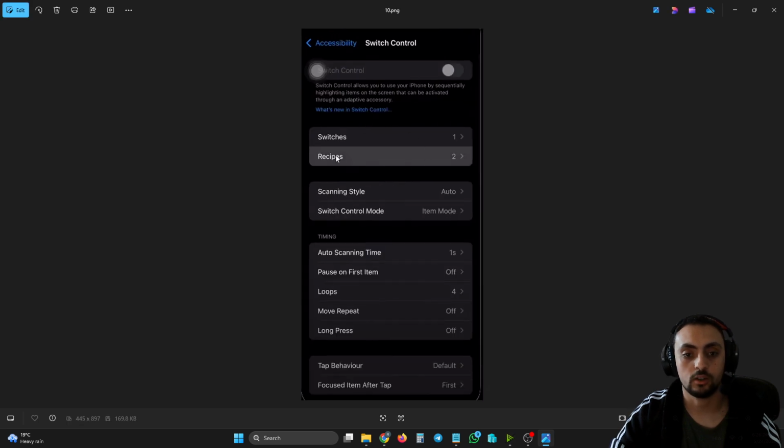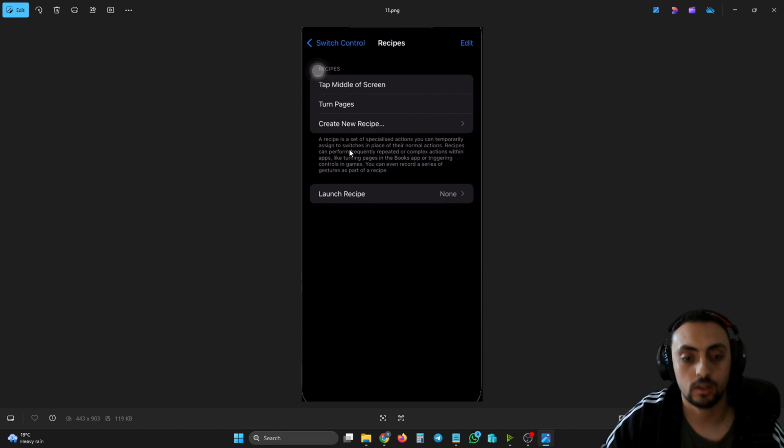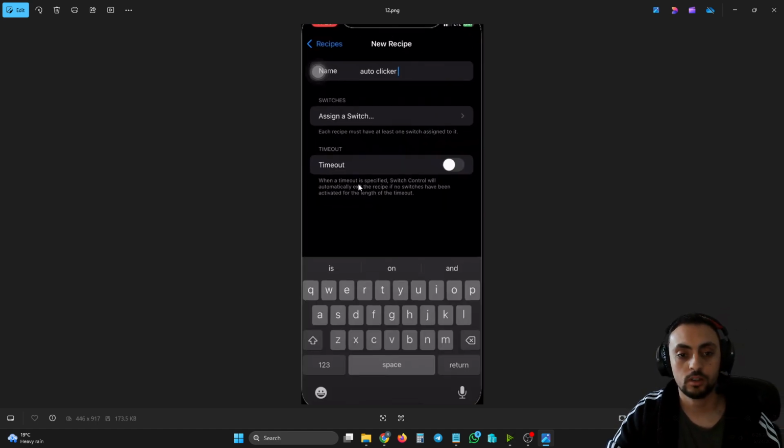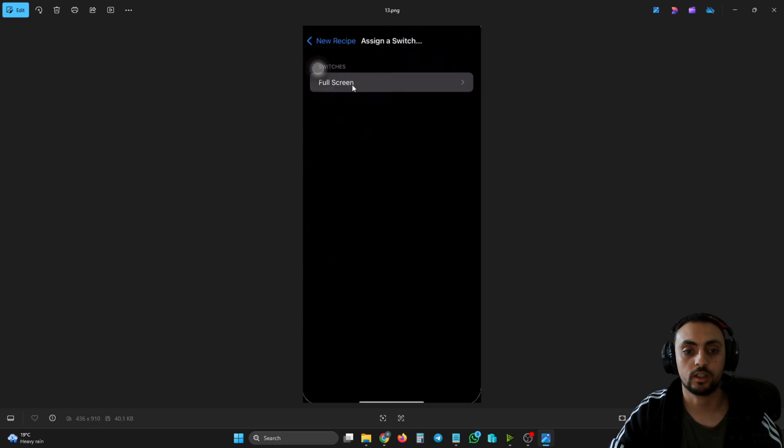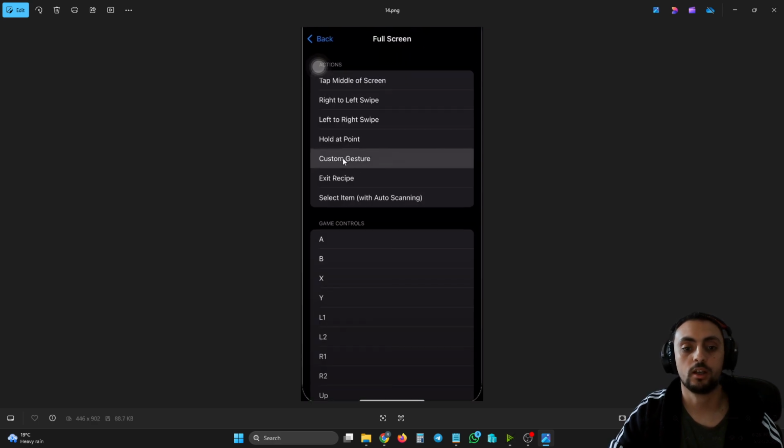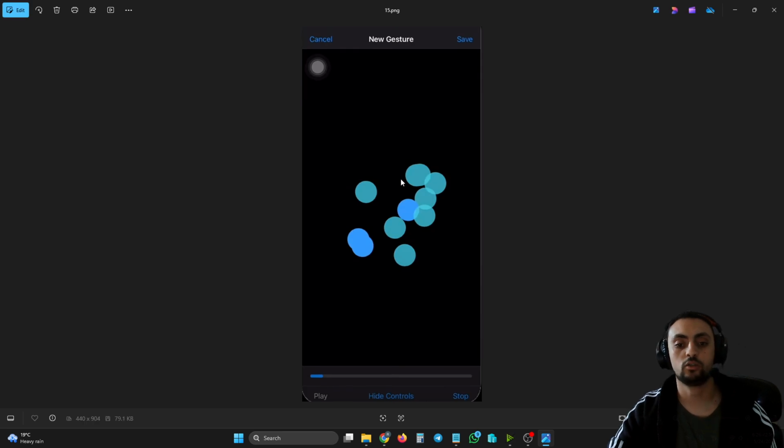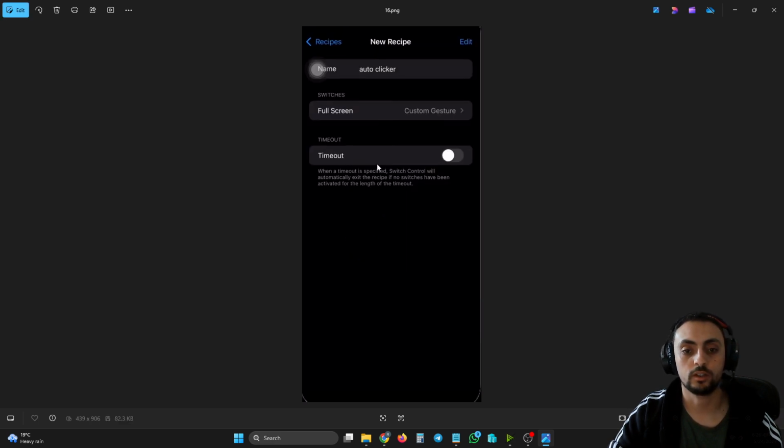After that, click on recipes and then launch a recipe here and name it, for example, auto clicker here, and then click on assign switch. After that, click on full screen and then click on custom gesture and choose where the clicks will be automated on your screen. After that, go back,